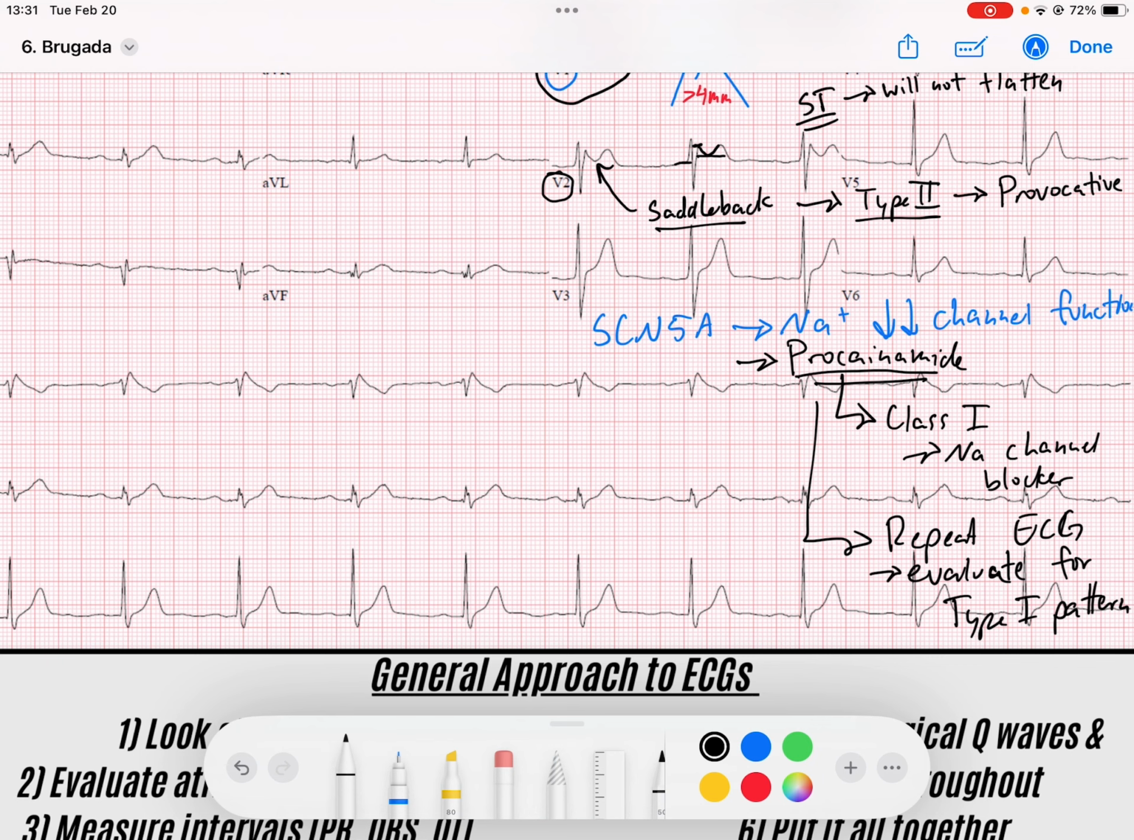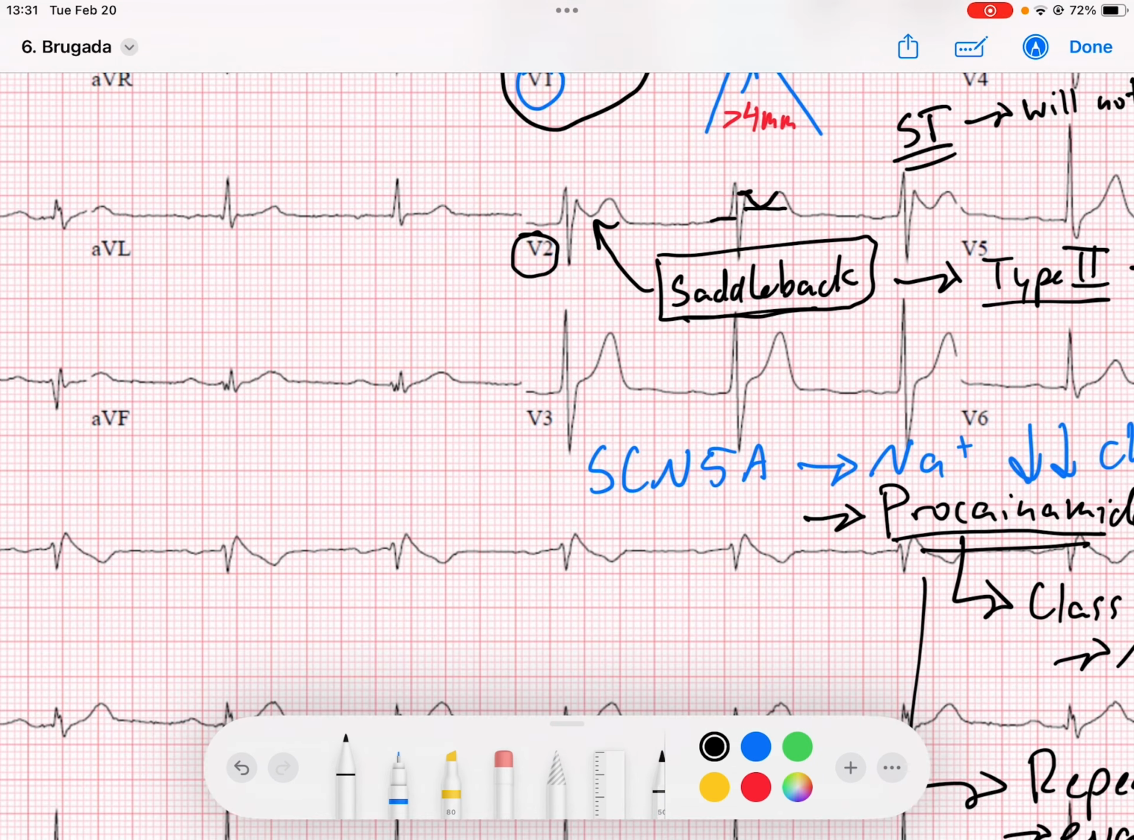type 2, which is when you just have this isolated saddleback pattern where you've got ST segment elevation, downsloping but coved ST segment elevation, right? Notice the T wave is no longer inverted in this type 2, okay? So that's type 2. Type 1 and type 2 are really the only ones I think you really need to know and focus on. At the end of the day, these are all just kind of on this spectrum of